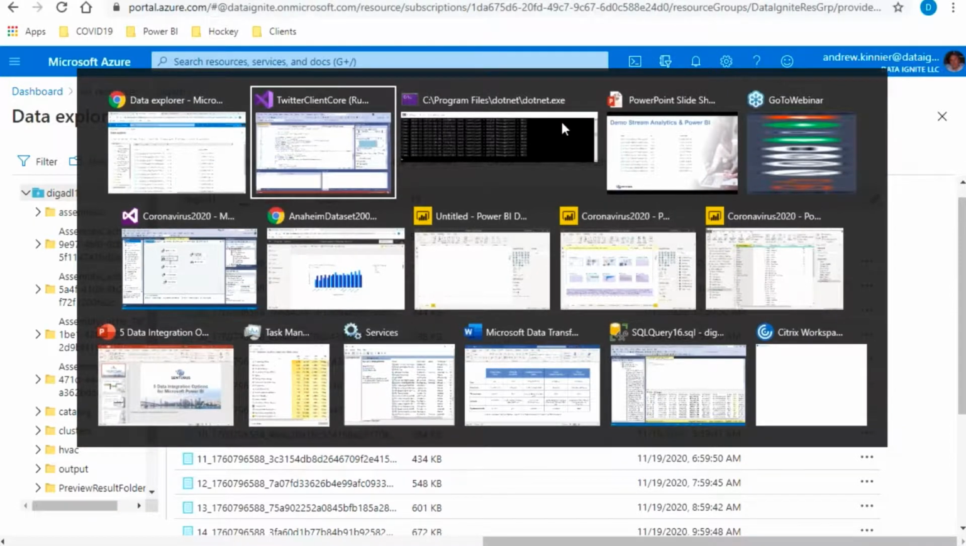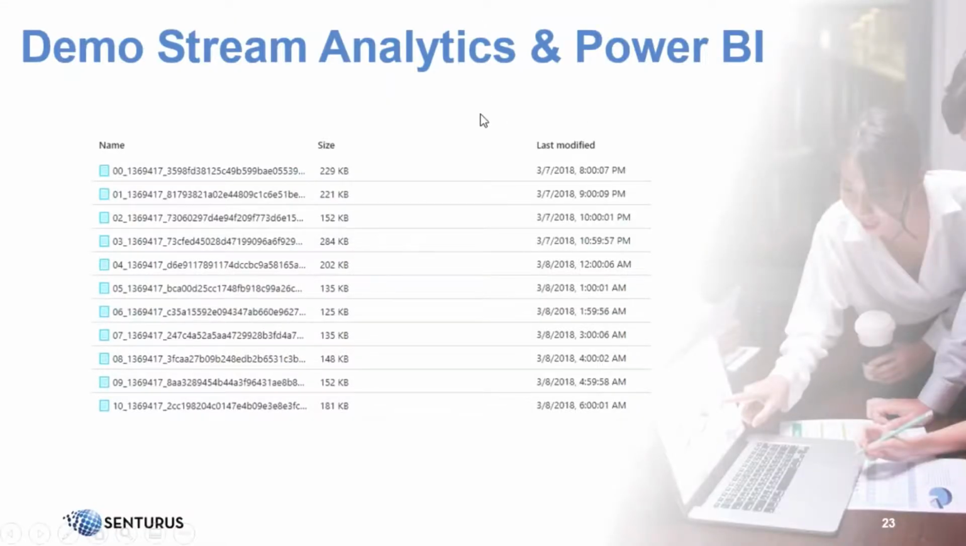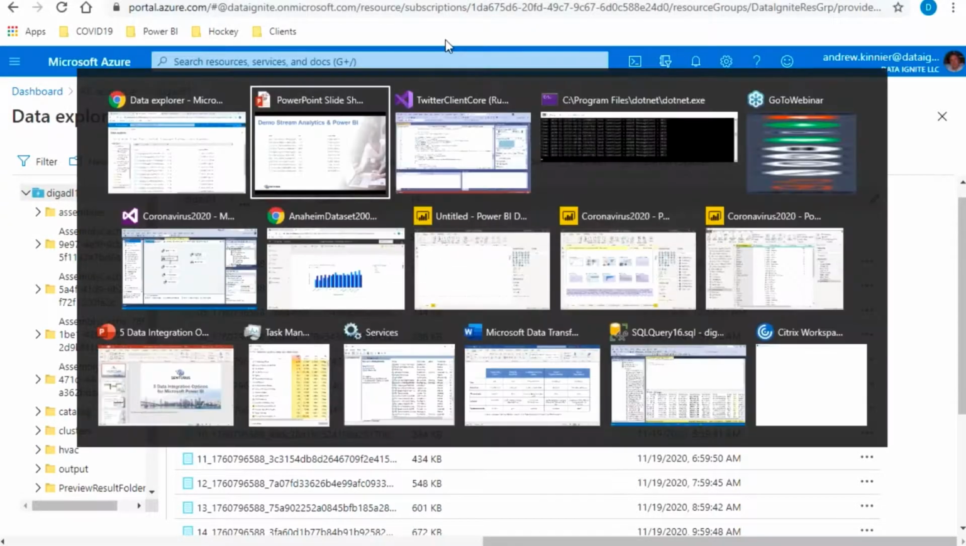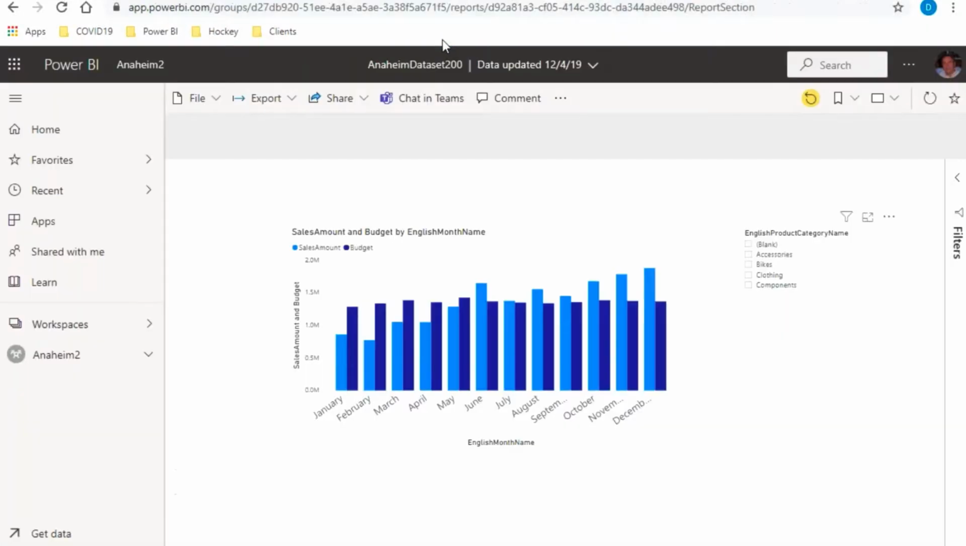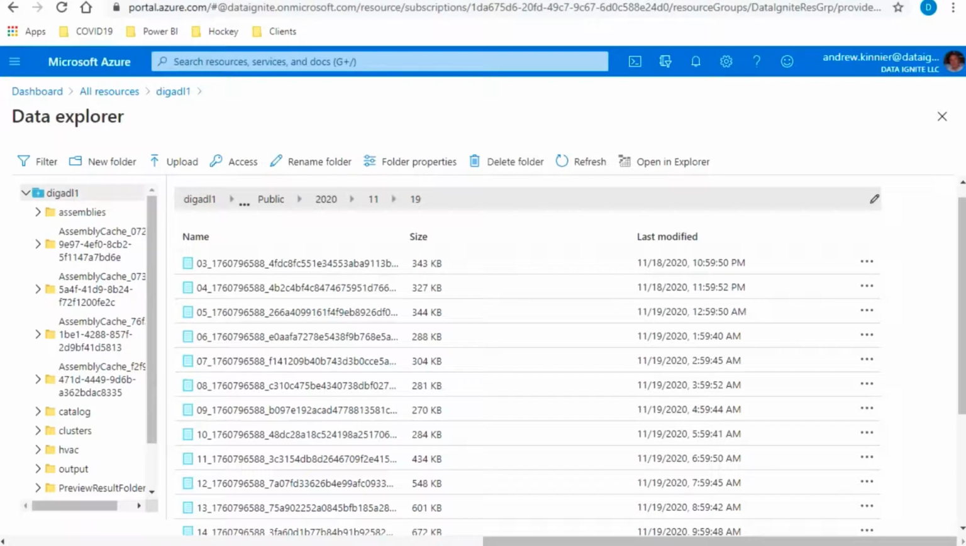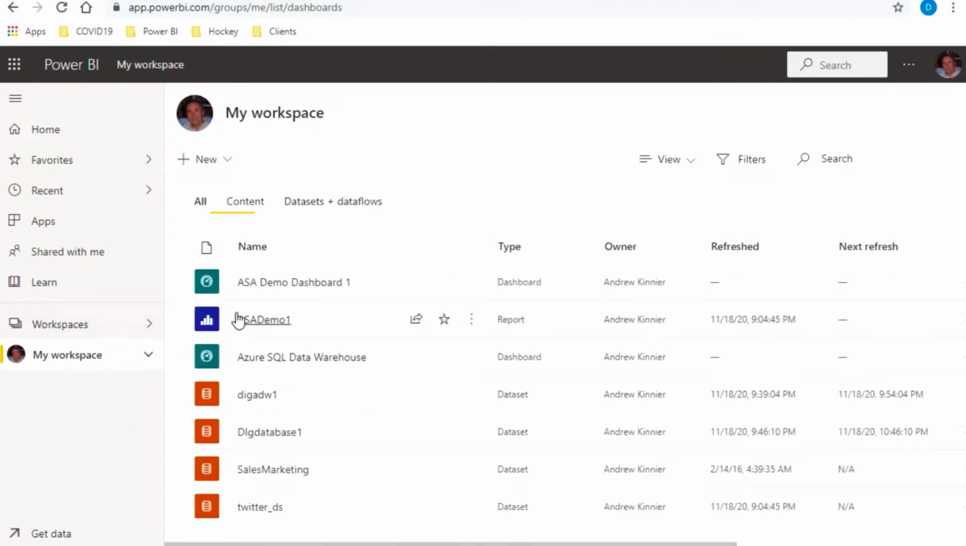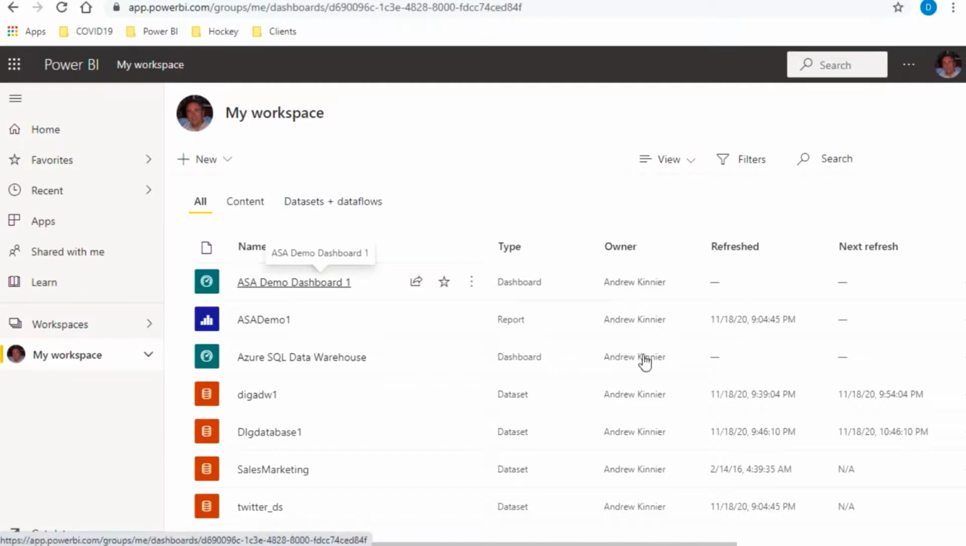So let's go straight into the one with Power BI then at this point. Okay, so once it gets to Power BI, it created this Twitter DS data set. And from that data set, you could create a report, which I created because it's looking at that data. And then you have to pin it up to a dashboard. So if we're looking at the dashboard in Power BI,